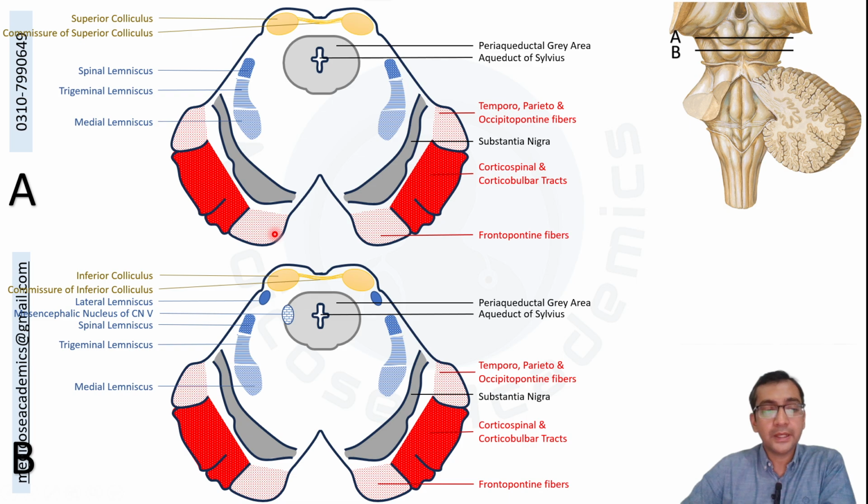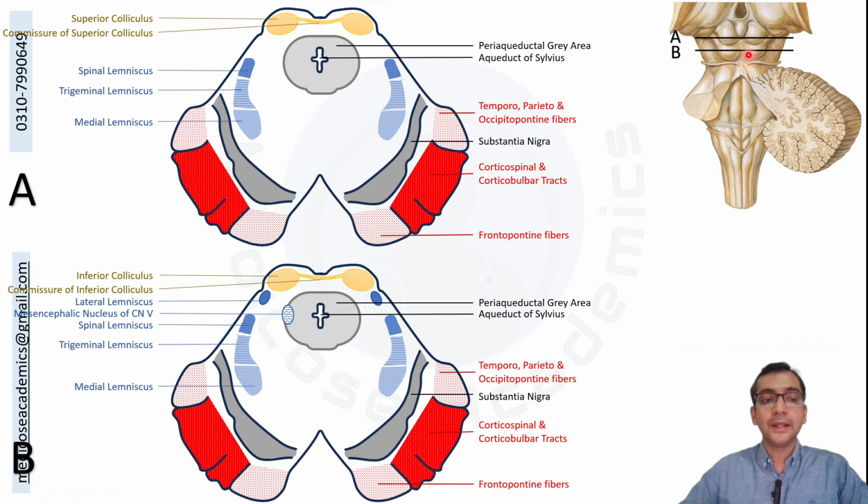Moving on, the next is mesencephalic nucleus. This was the third of the three sensory nuclei of the trigeminal nerve. The one that was in the medulla was the spinal nucleus of trigeminal. In the pons there was the main sensory nucleus of trigeminal, and above in the midbrain there is the mesencephalic nucleus